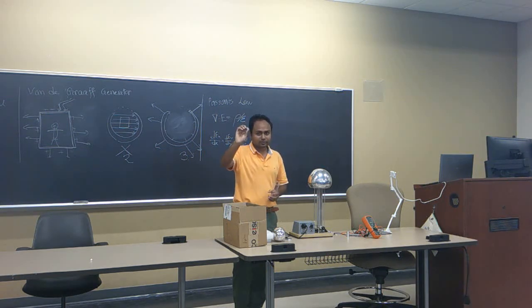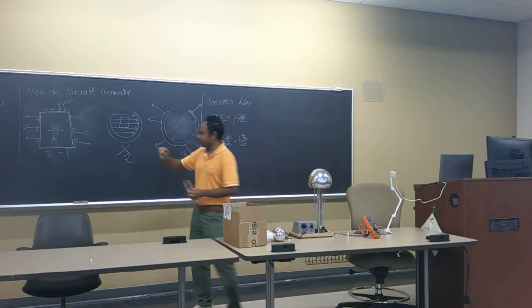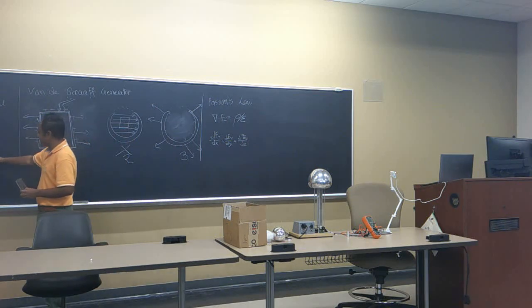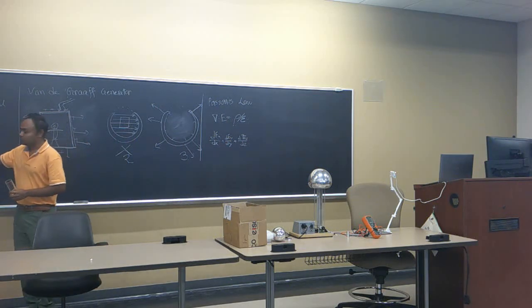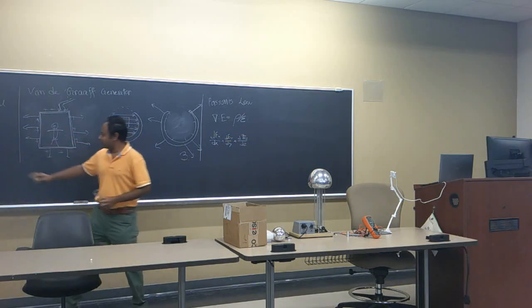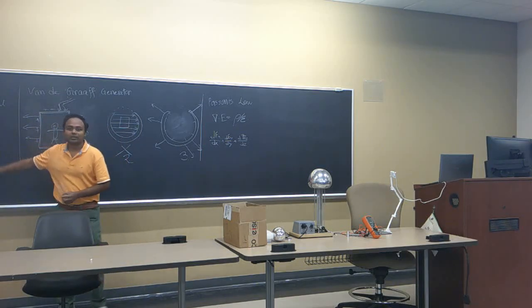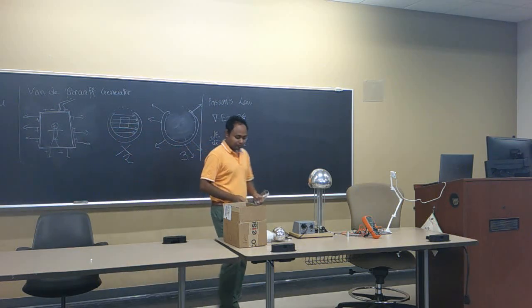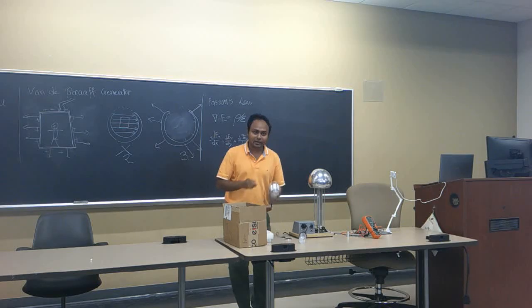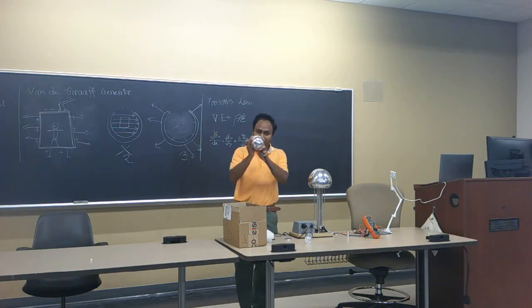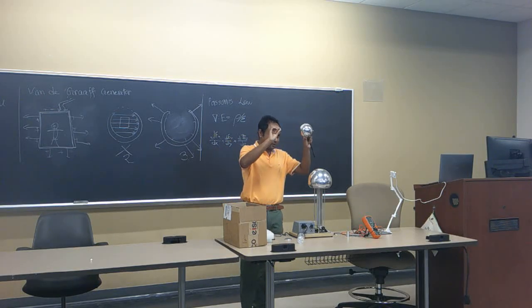Not a lot, right? This one is very small, so its radius is very small. That's why, to get up to the same amount of voltage, we need just a little bit of charge. The Q has to be very small. Okay? So if you take two spheres, one larger and one smaller,